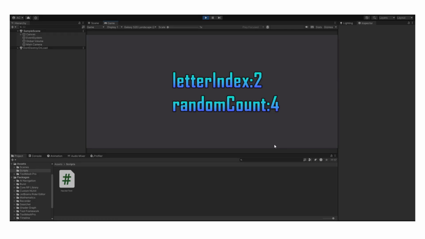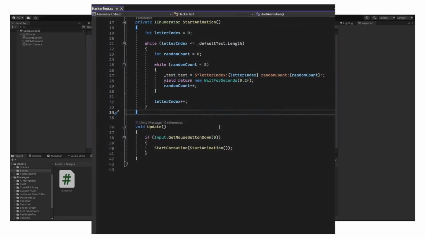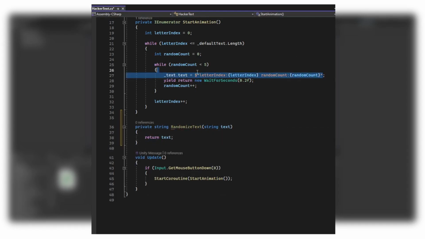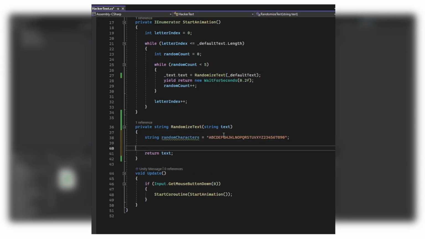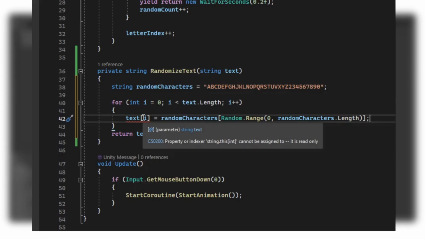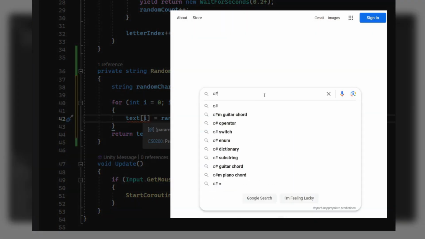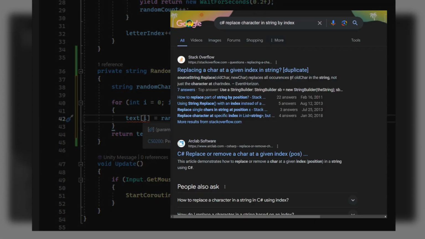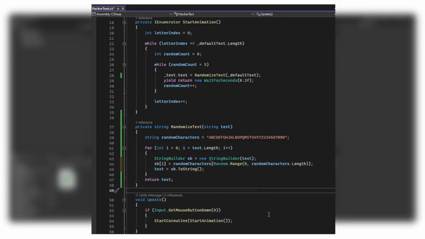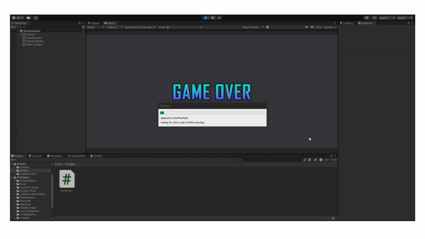Alright, looking good so far, but I'm not randomizing any text yet, so I'll create a new function called randomizedText that takes in a string and returns it. I want to replace each character with a random one, so with a list of characters I can loop through each character in our text and replace it with a random one in the list. Oh, and this doesn't work apparently, let me just look it up. And thanks. Okay, so I can go ahead and check if this works, and we can see that it's definitely